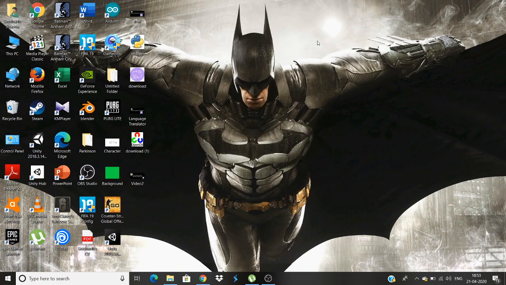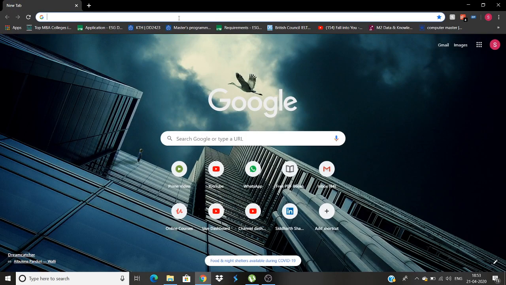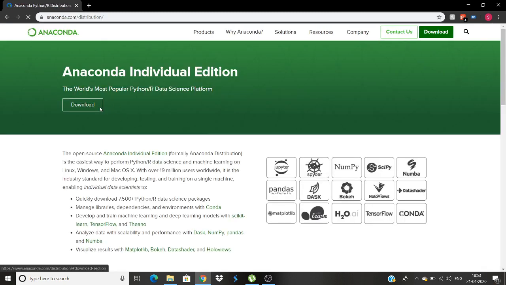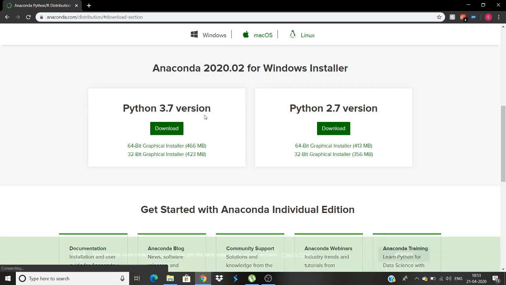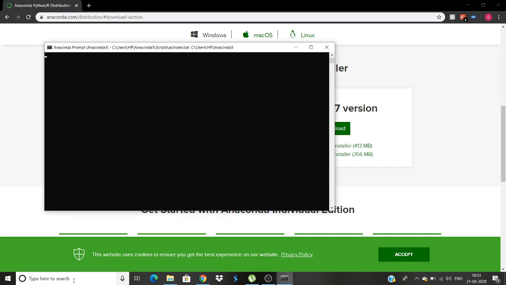So the first thing that you need to do is just install Anaconda if you're very new to Python. You click on download and you download the 3.7 version because this is the latest. Then we'll go to Anaconda Prompt. Once we've installed Anaconda, we'll run conda update conda. We'll be running this command just to check whether our conda is up to date or not.